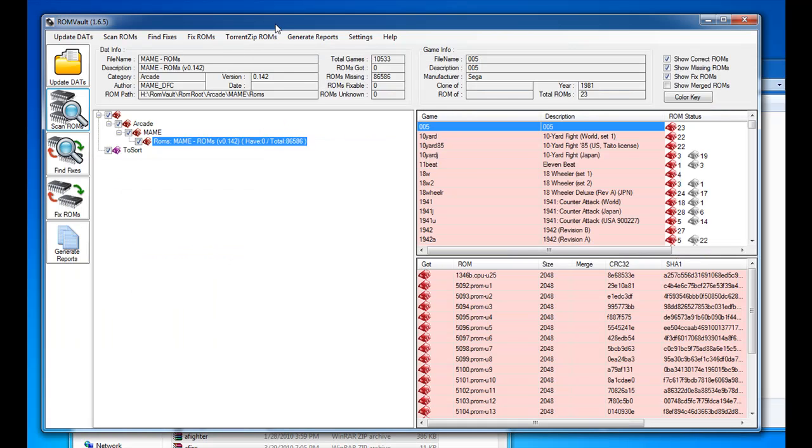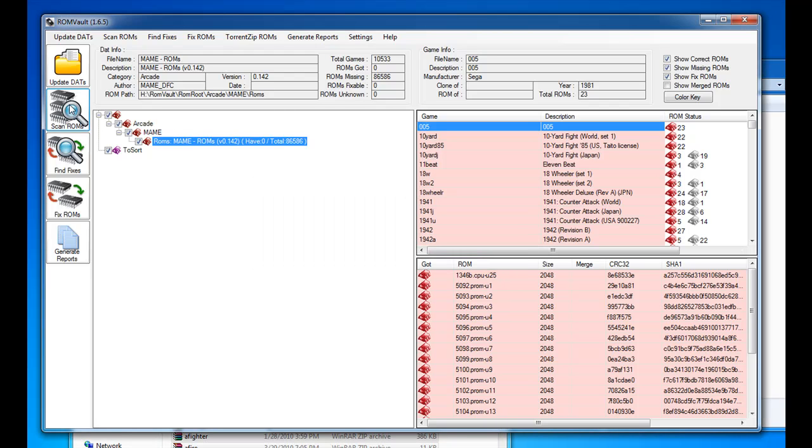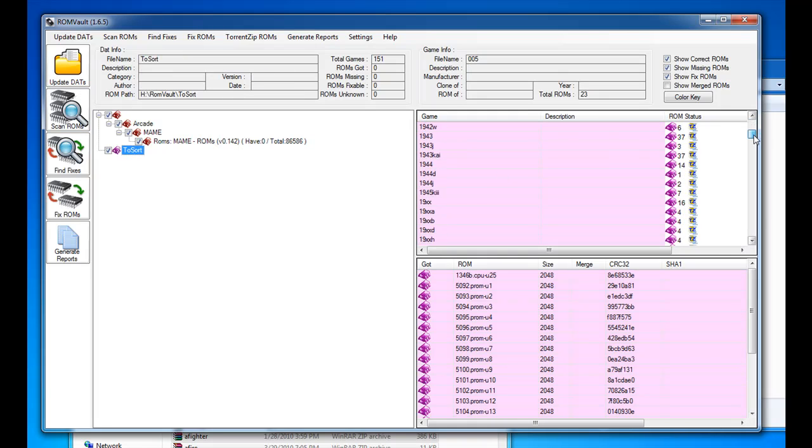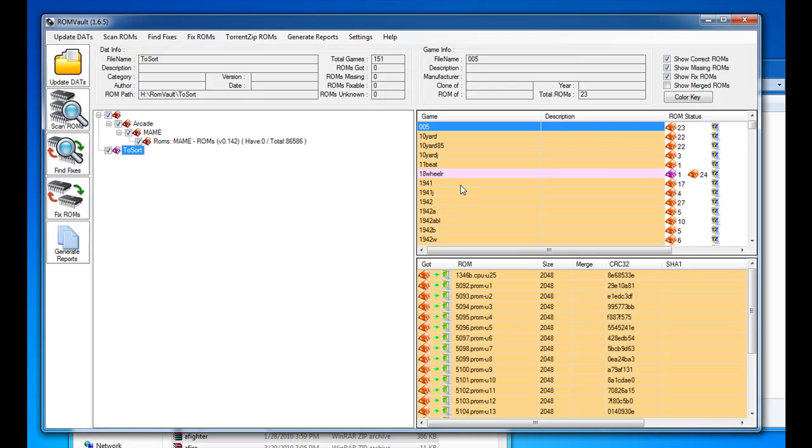Okay, so now let's go back to RomVault and do scan ROMs. Okay, so now in our to sort, there's all those ROMs we dropped in. Now they're this magenta color, which means that they're just in to sort. It doesn't know what they are yet. If we hit find fixes, it's looking at all of these now, and it's found that a bunch of these are actually needed in that MAME set. So if we click up on the MAME ROM set now,